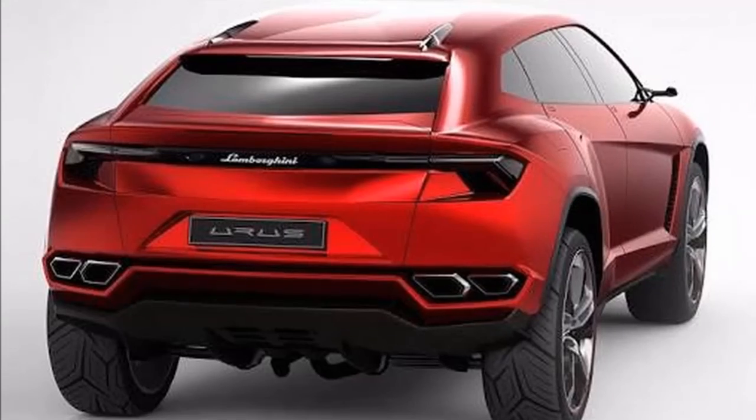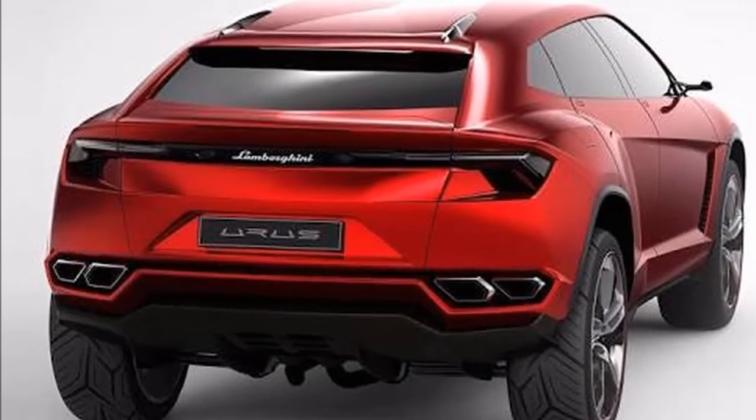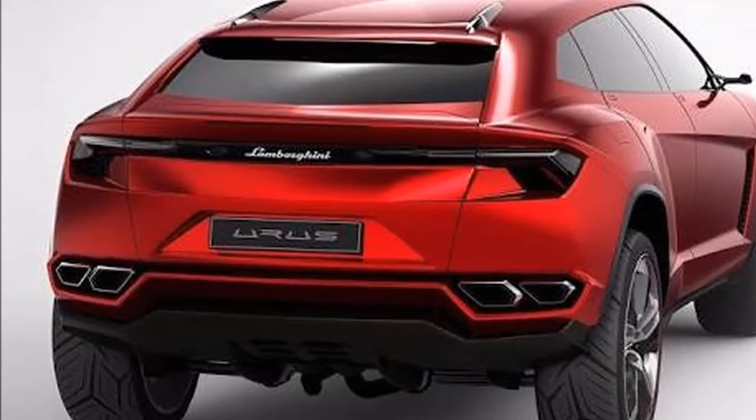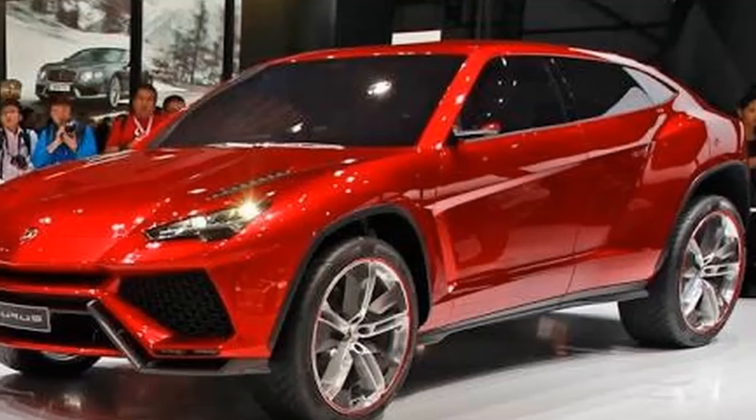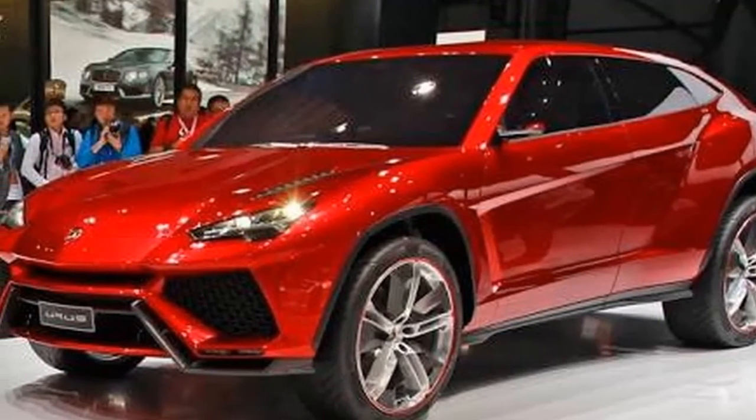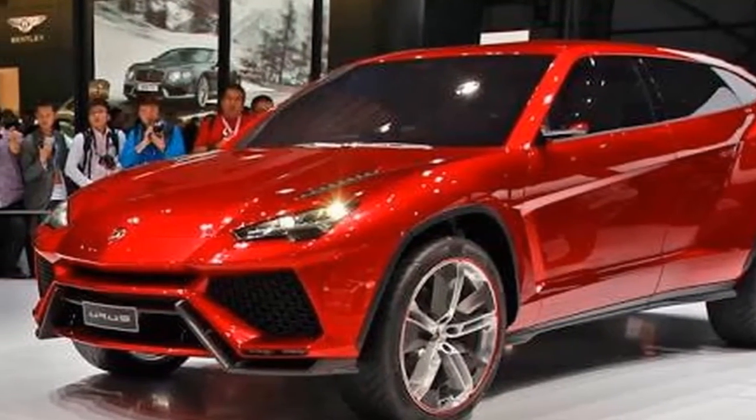Its chassis is all steel and aluminum, unlike the Lamborghini's sports cars that use extensive carbon fiber in the chassis, either for the passenger cell in the case of the Aventador, or for reinforcement as in the Huracan. The Urus has a steel and aluminum chassis,